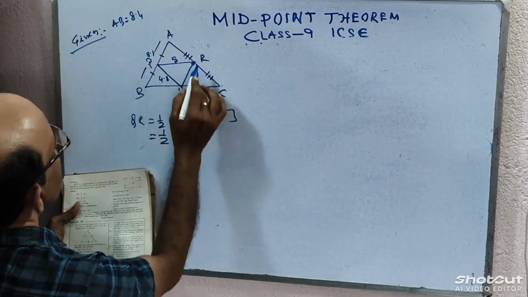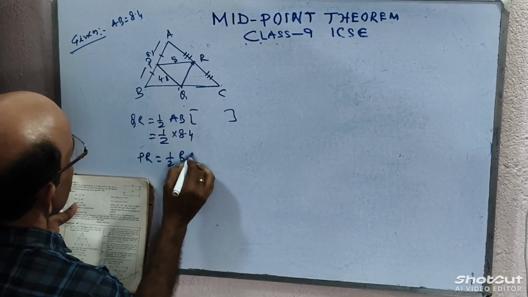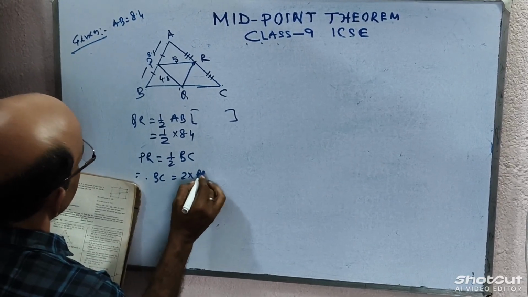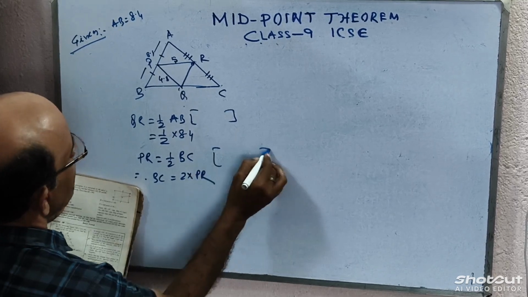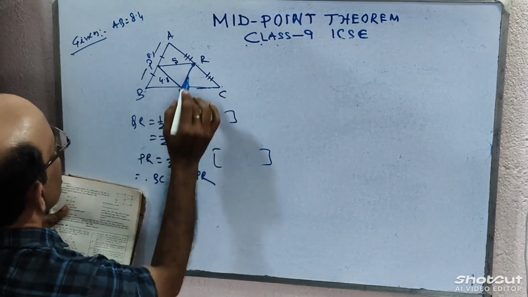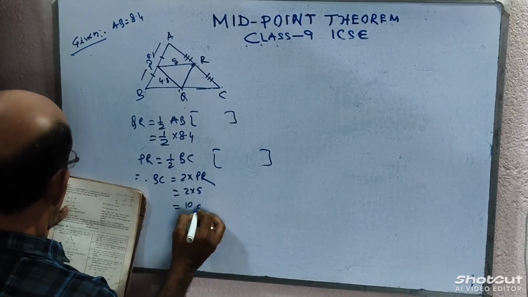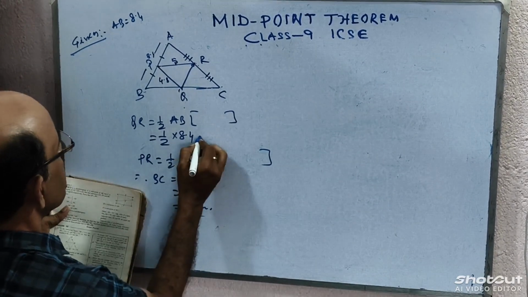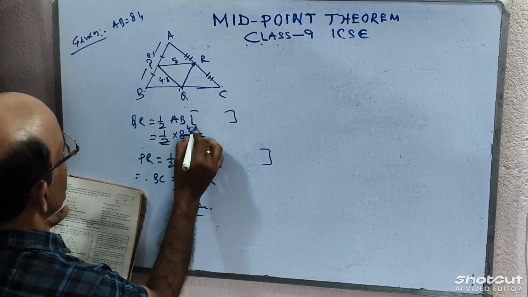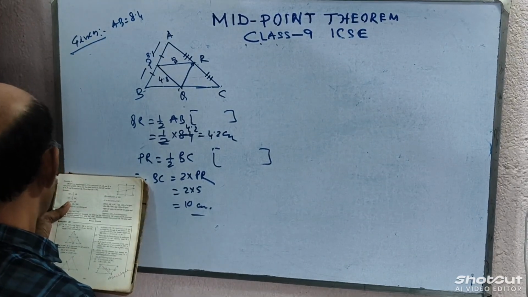BC কি হবে? PR is equal to half of BC. Therefore, BC is equal to 2 into PR by midpoint theorem. Only reason by midpoint theorem. BC, PR. তার মানে 2 into 5 মানে 10 centimeter. 4.2 centimeter. Third question, QR